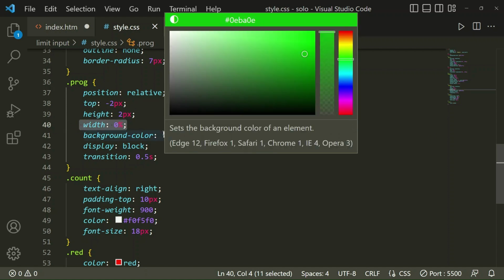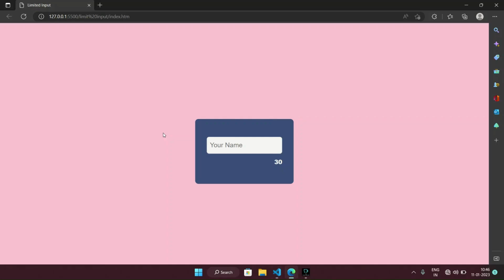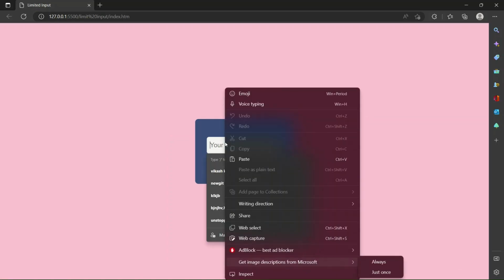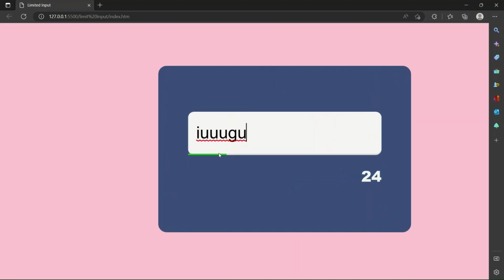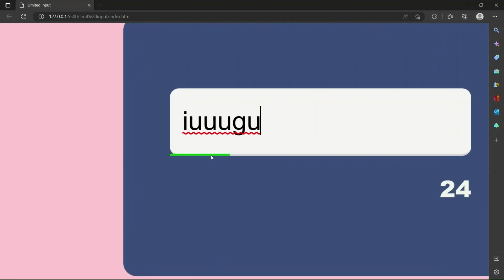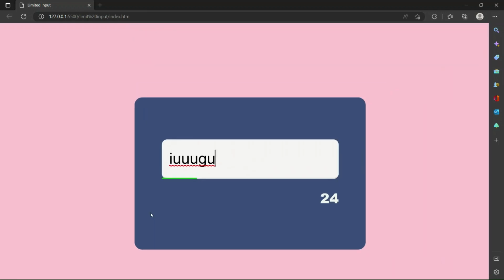Then I have taken a background color for the progress bar, which you can see in my web page when I am writing here something. I'll show you. See, a green color appearing here. So for that,